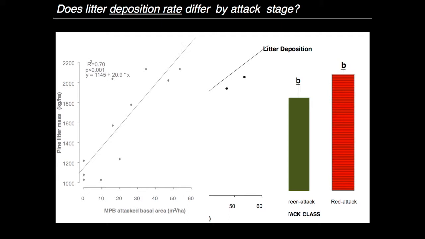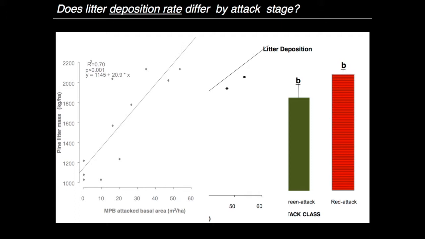litter across the stands. Recalling our different stand groups that Justine evoked earlier, we saw that by stand type, i.e. control, green attack, and red attack, the amount of litter did differ. And we saw 85% higher litter fall in these red attack stands relative to the control stands. And so that would have been at kilograms per hectare here, about 2,000 versus about 1,200.